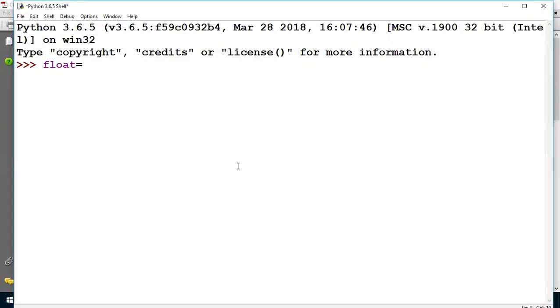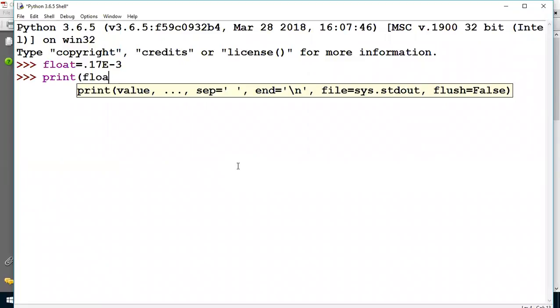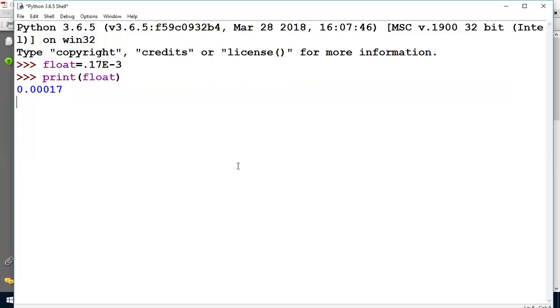float equals 0.17e-3. Print the value of float. Its value is 0.00017, which means it is written as 0.17 into 10 to the power minus 3.